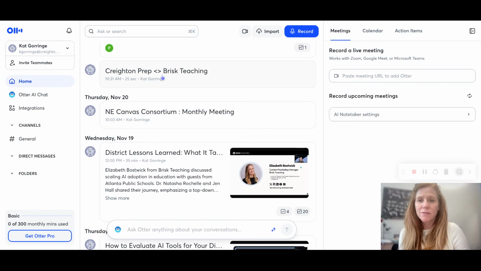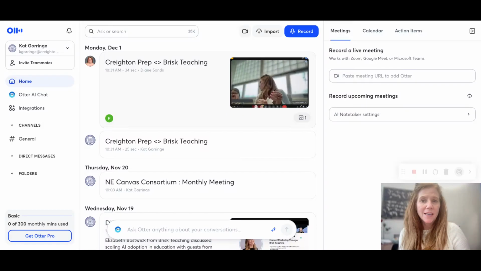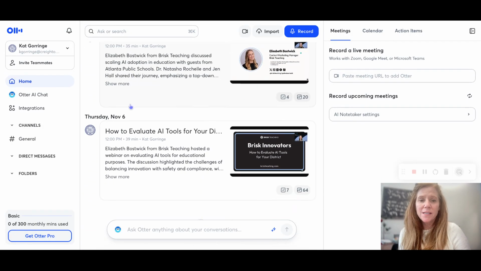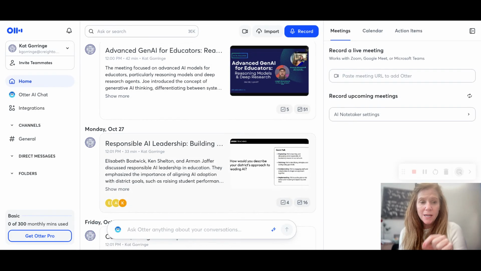That one too, that one as well. In fact, you can see I turned this off after 25 seconds. Diane turned hers off after 34 seconds. But these are meetings that Otter went to on my behalf because it was on my calendar.